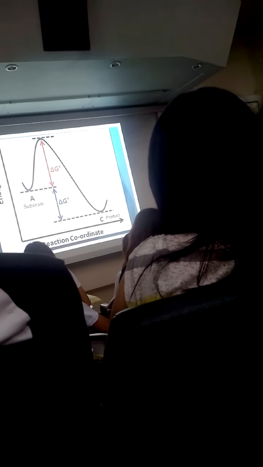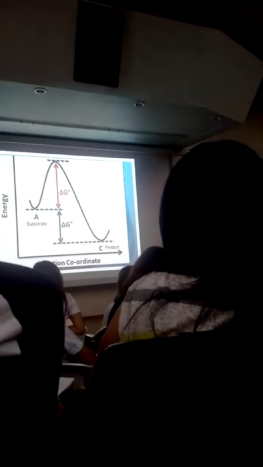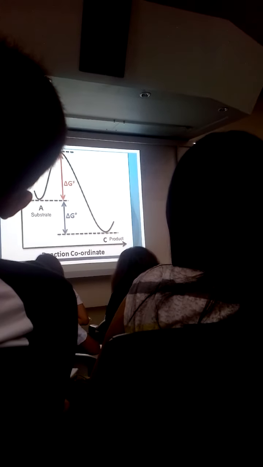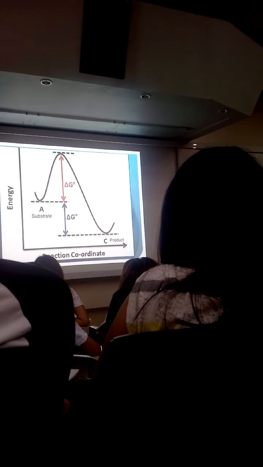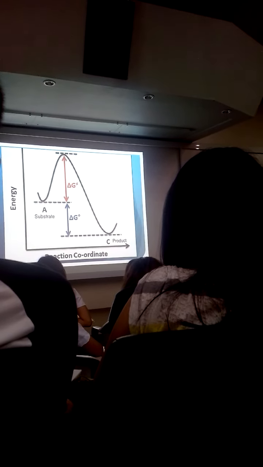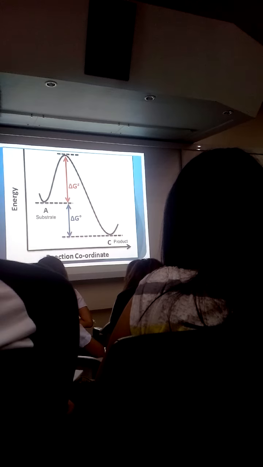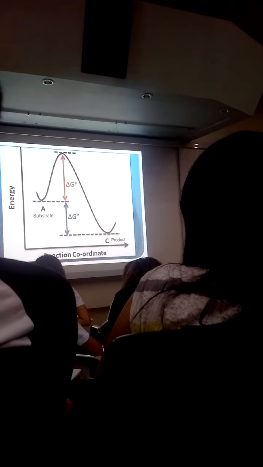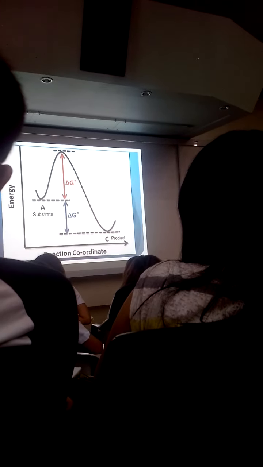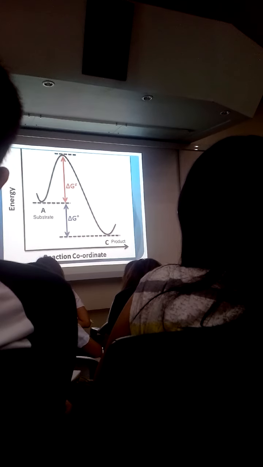If you look at this reaction, I'll just discuss this. If you look at the energy for the measurement of your substrate, you have more substrate compared to your product. So what happens to your delta G? Is your delta G negative or positive? Negative. So it favors the formation of your product. Basically, similar to diffusion, it moves from an area of higher gradient to an area of lower gradient.